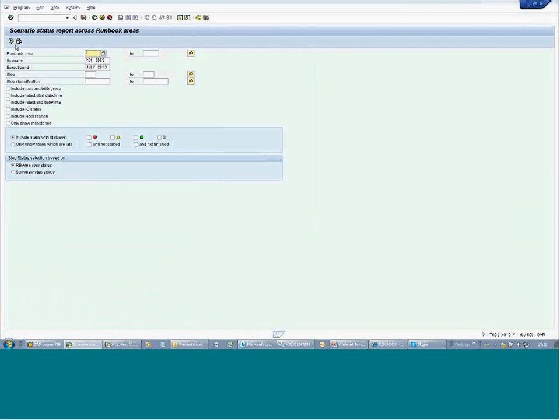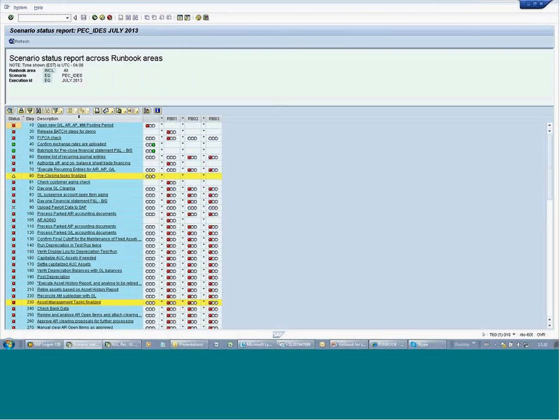I will start with the most simple report we have, but it gives you a good idea how we are performing the close. So what we can see in here is we have all the closing activities. Each closing activity gets a step number, and we can see that we have 4 columns in here. The first column is, let's say, the corporate column. So some activities you will not perform on the company code level, but you want to perform it on